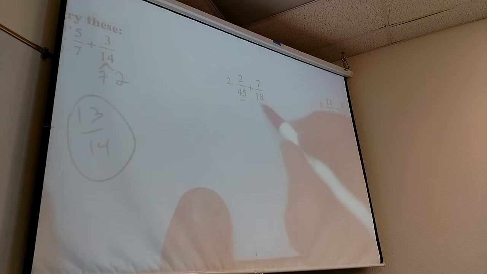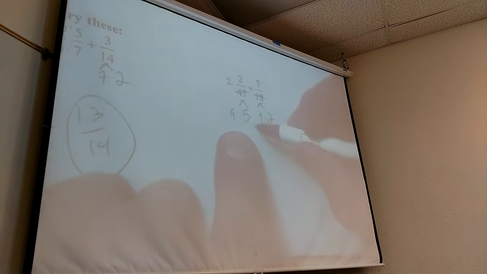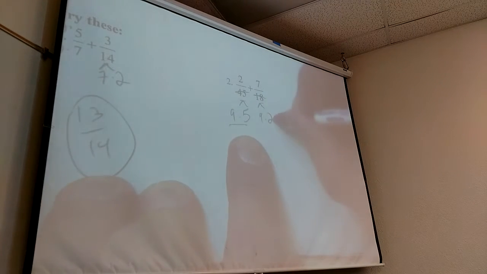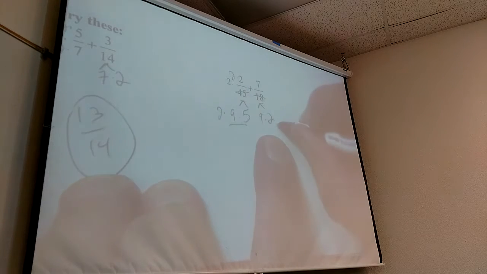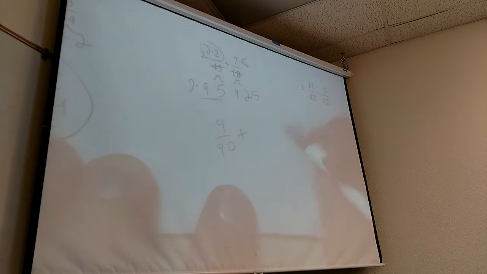This one, what number do they have in common? 9. So this would be 9 times 5, 9 times 2. I really want everybody to totally see this. It's got to be desperately obvious that this guy's missing a 2, and this guy's missing a 5. Now they both have the same bottom: 2 times 9 times 5, 9 times 2 times 5. They're both going to be 18 times 5, which is 90. Okay, so I get 4 90ths plus 35 90ths is